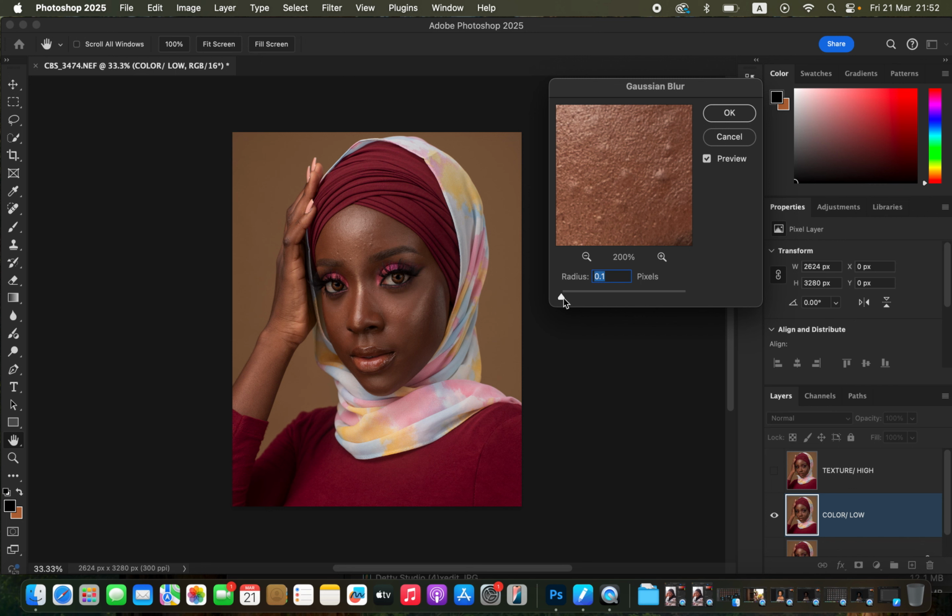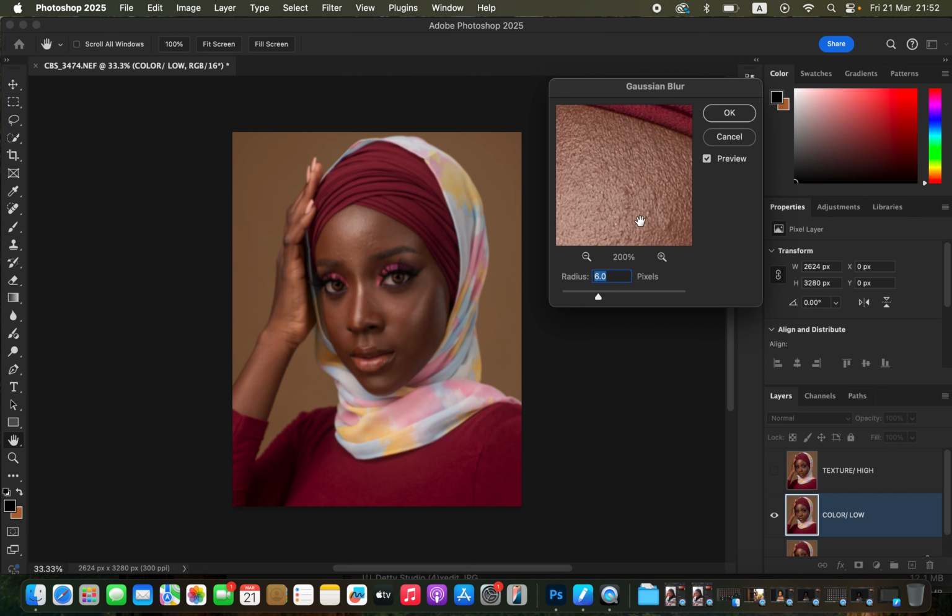So to do that, you simply left click and start dragging up the radius slider. You have to left click while dragging and release the left click button so that you can see the effect being applied over the skin. So left click and drag and you release to see the effect being applied. So the point here is we have to stop at the point whereby we are just starting to close out